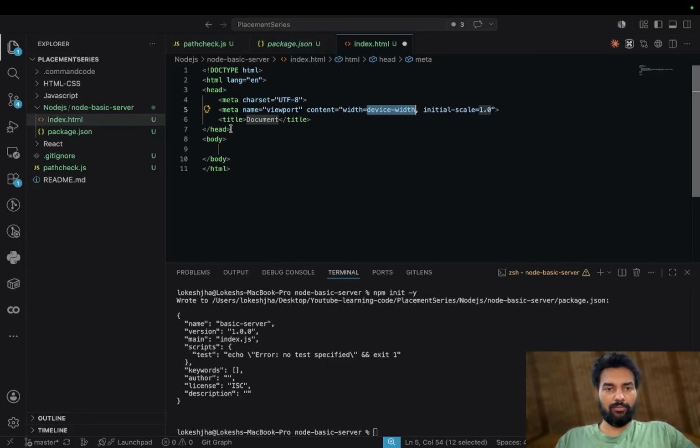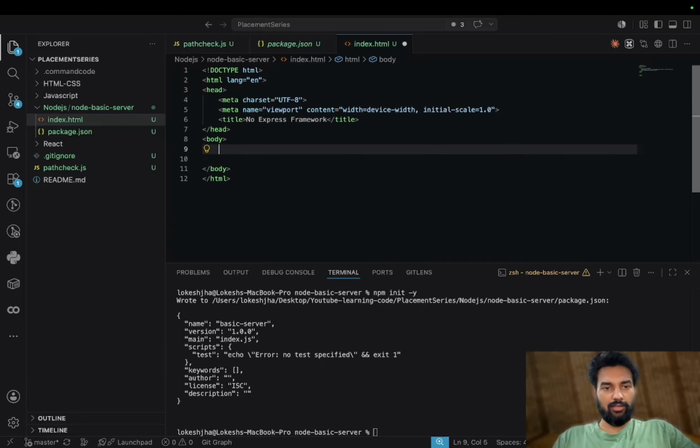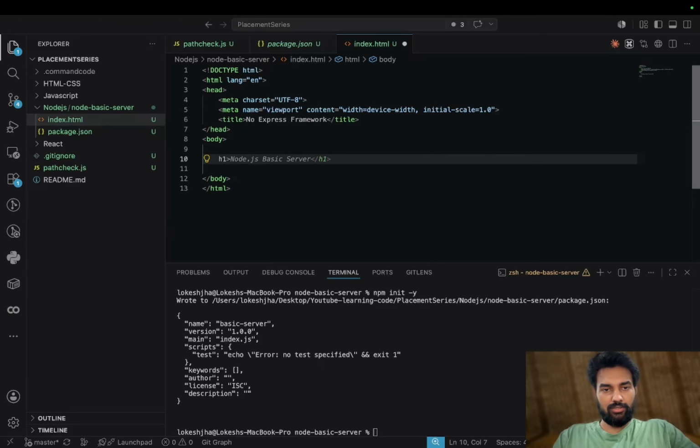Here you can put the document title as no express framework. And in the body you can just give Node.js basic server